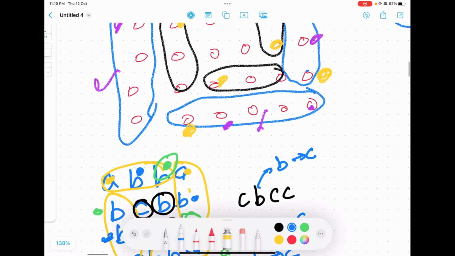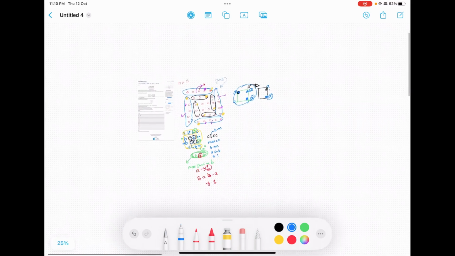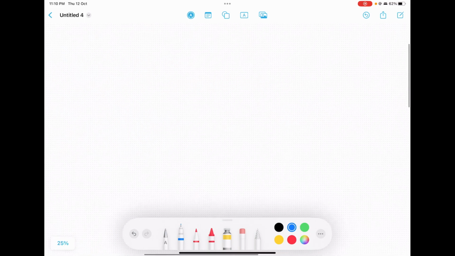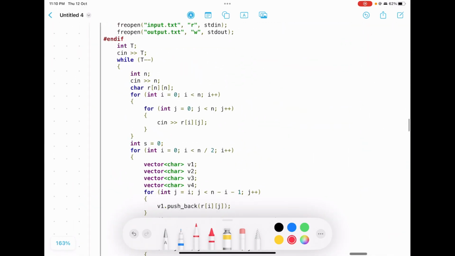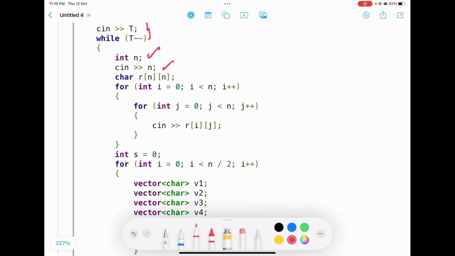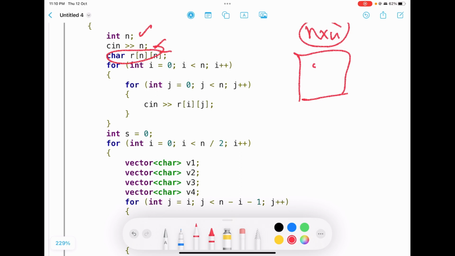Now we will see the code of the question. First we will input the test cases, then size n, then we will create an n by n 2D array matrix, and we will take every character in it.